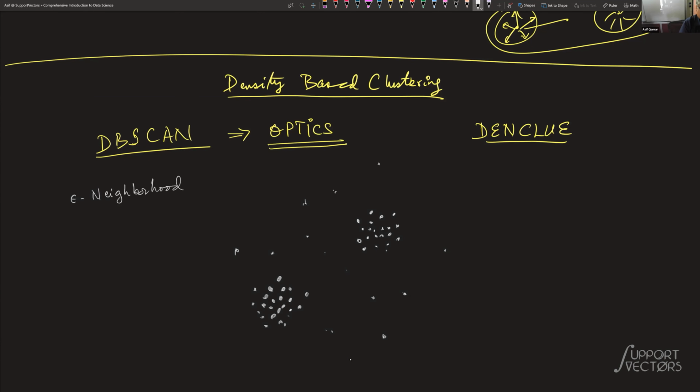Epsilon neighborhood of a point, right? And there is another concept, endpoints. These are the two important things we'll take. So given a point, let xi be a point,